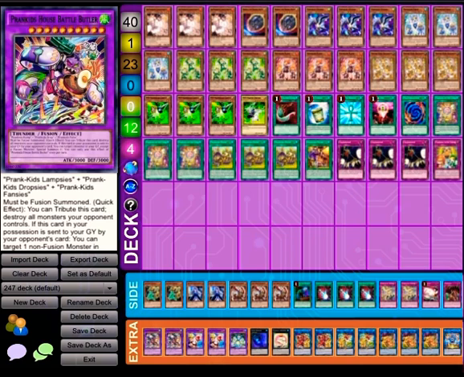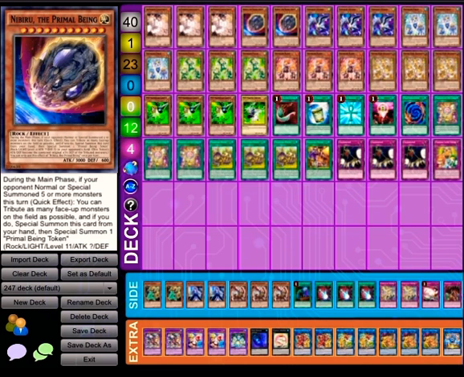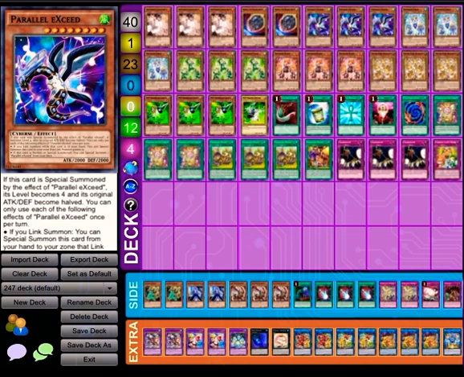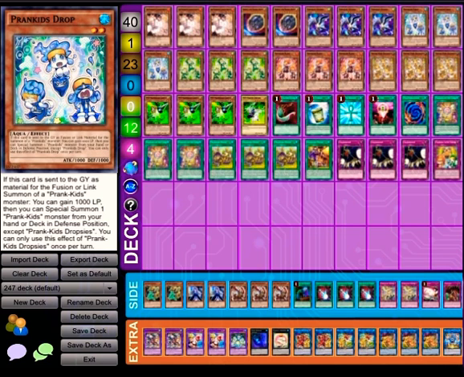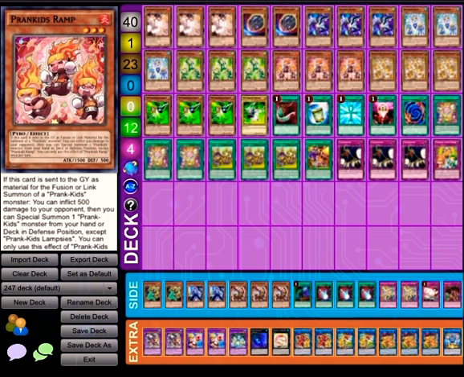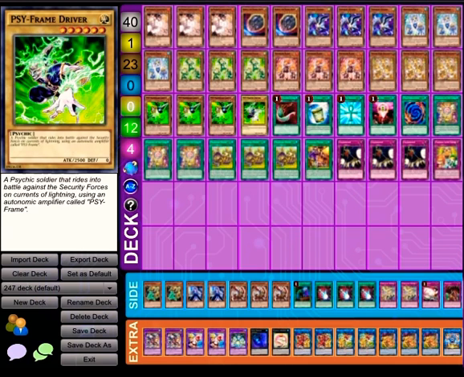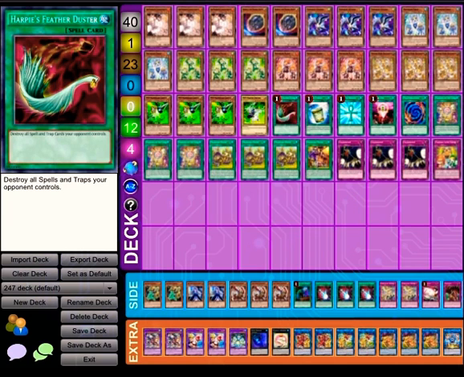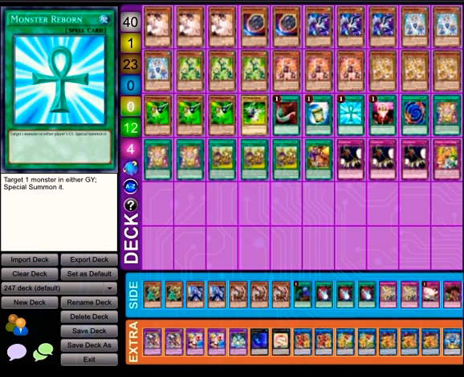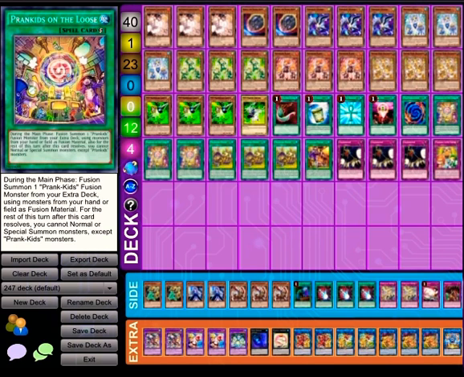So for the inside of the deck, we got 3 Ash Blossom. Next, we got 2 Nibirus, 3 Exceed, 3 Dropsies, 3 Fansies, 3 Lamp, 3 Roxys, 3 Gamma, 1 Driver, 1 Harpy's Feather Duster, 1 Insta Fusion, 1 Monster Reborn, 1 for 1, 1 Polymerization, 3